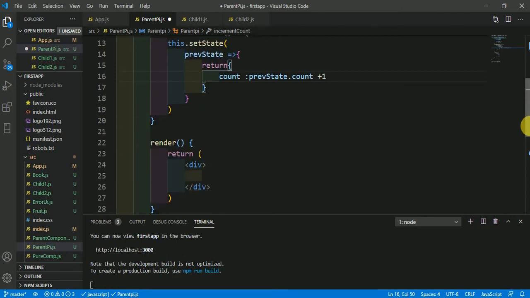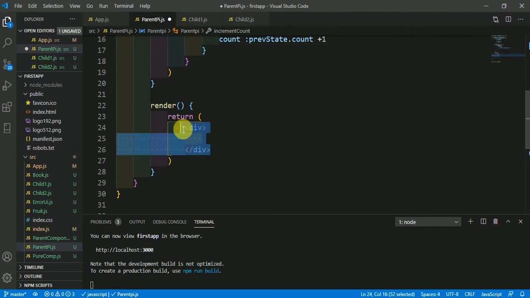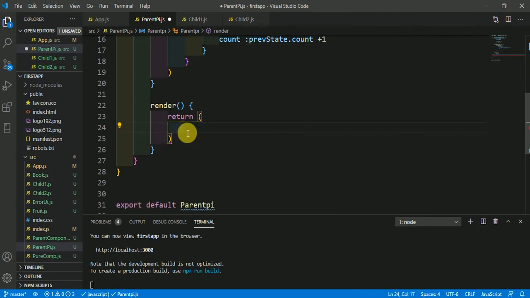So just come here in this render function, cut this div and wrapped component.